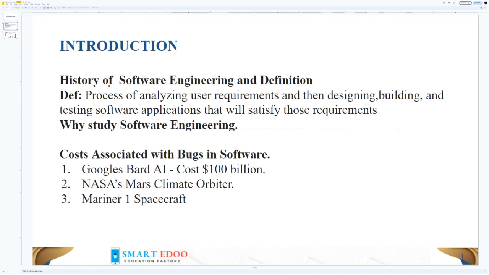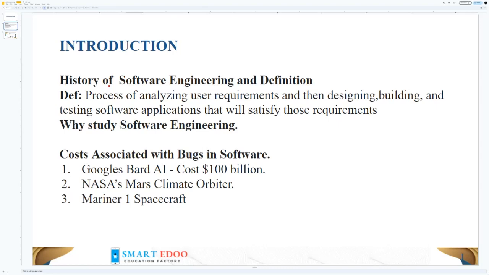So, history of software engineering and definition. Let's first define what software engineering is. It is a process of analyzing user requirements and then designing, building, and testing software applications that will satisfy those requirements.